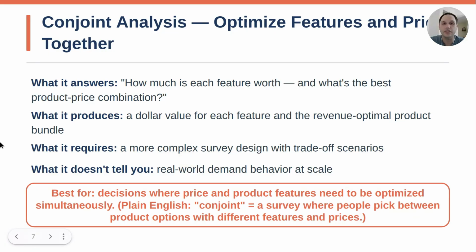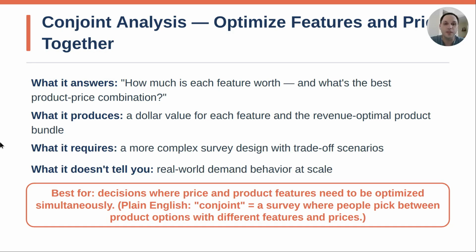Conjoint analysis is the right tool when price is one of several product attributes you're trying to optimize simultaneously. Instead of just testing price in isolation, Conjoint shows respondents realistic product options with different combinations of features and prices, and asks them to choose. The output tells you how much each feature is worth in dollar terms and what the revenue optimal price